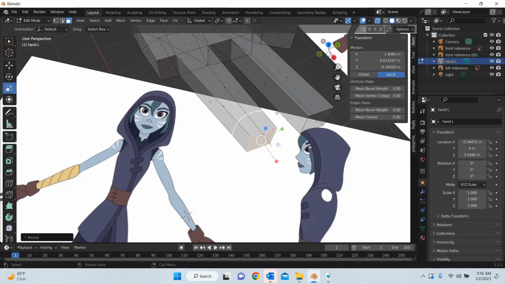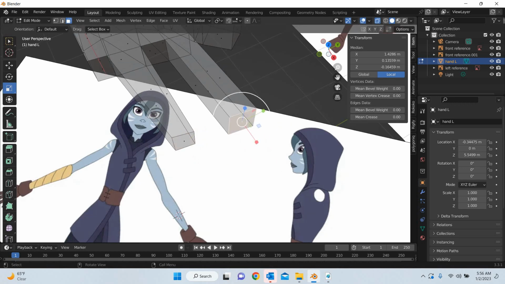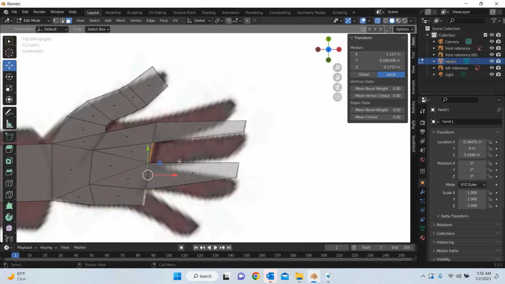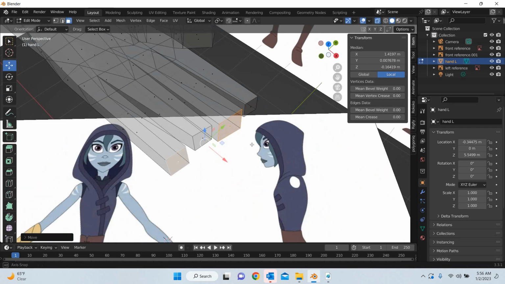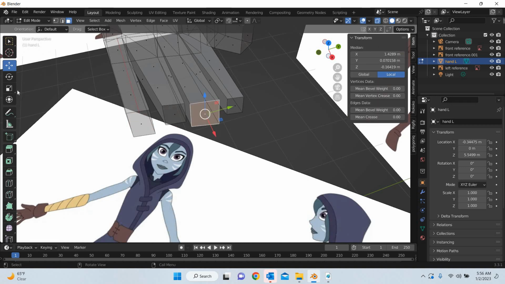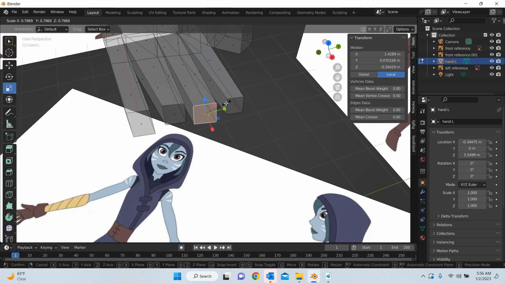I'm not going to spend too much time, but you make sure that they are even and scale them inside. This is going to save you a lot of time scaling them at the end and then adding segments in the middle later on. Okay, so you can see that you can scale it inside here and scale it inside here,